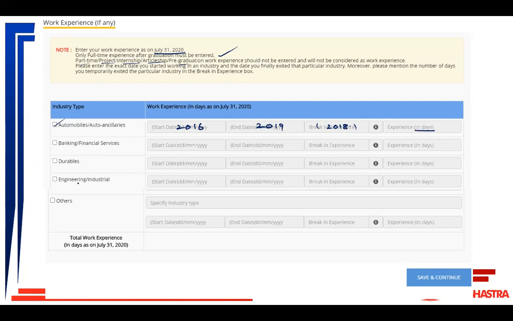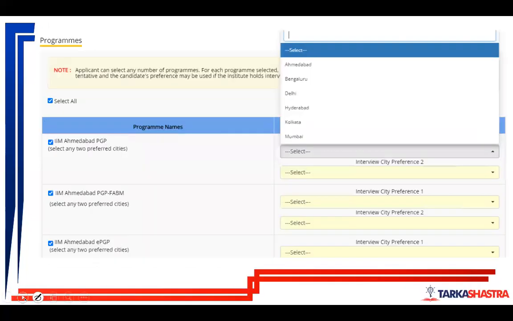So select the industry type according to your industry. If your industry type is not available, suppose you have worked in education industry and it is not mentioned over there, you click on others, mention the industry type in which you are working, again start date, end date, break, and total experience. Click on save and continue.